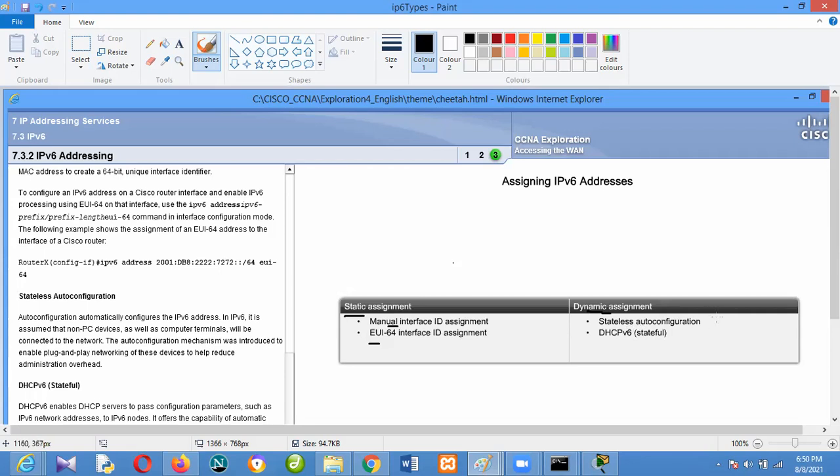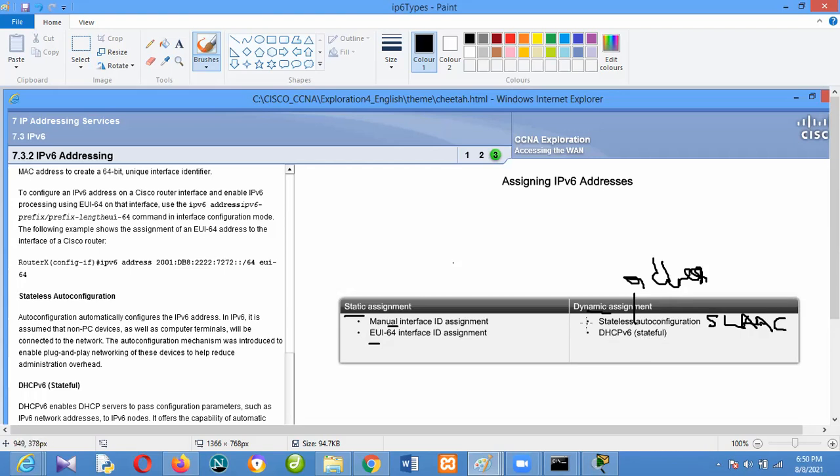That's what it's supposed to be because it is SLAAC. So it is stateless address auto configuration. We call it SLAAC. I will now have stateful DHCP.